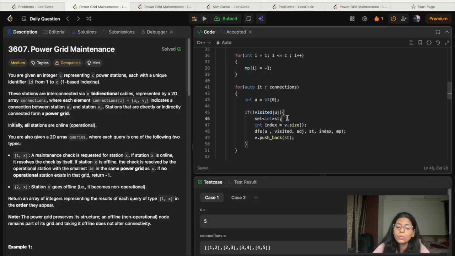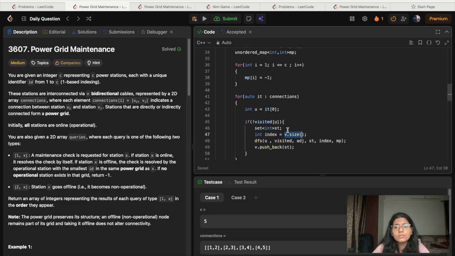The index is basically to map the node to the v of index, which means which set that node is present in. For that I'm taking index equals v dot size, and I'll do a DFS traversal here.